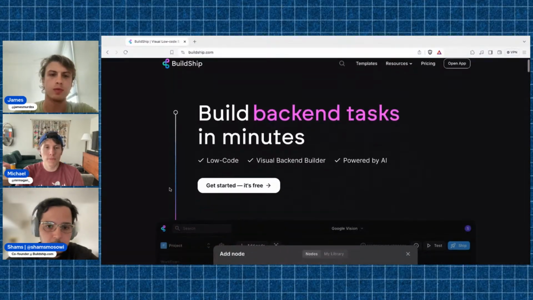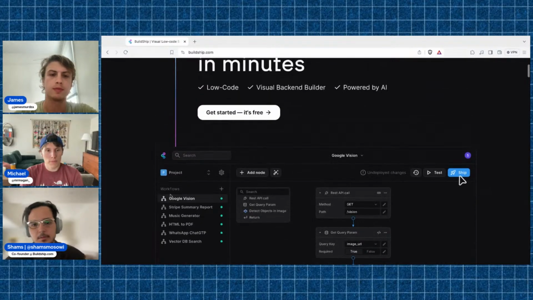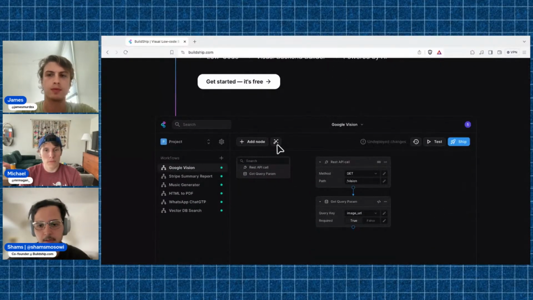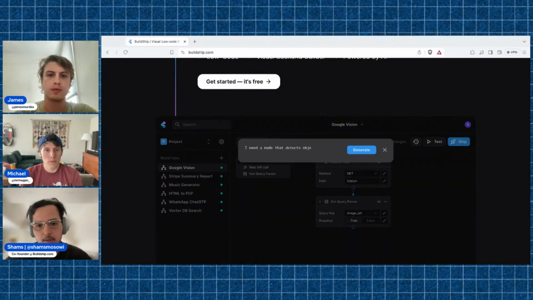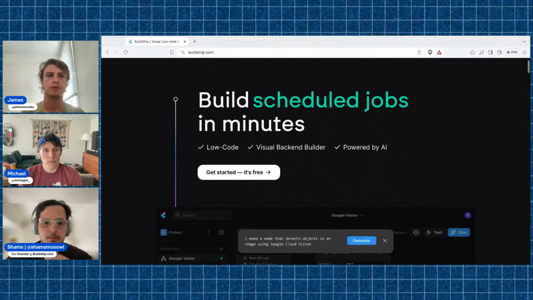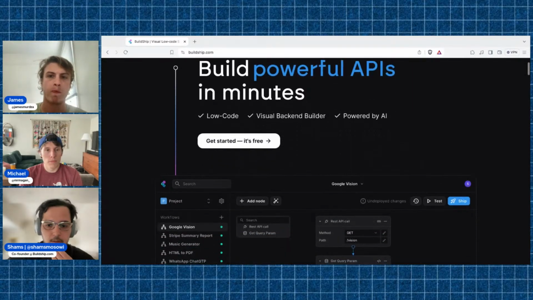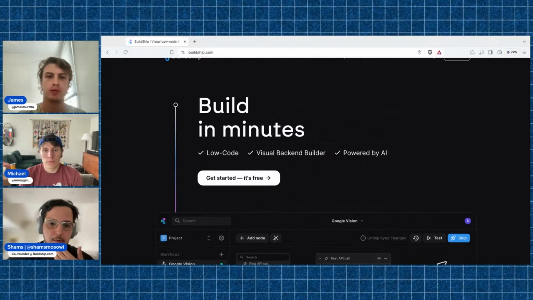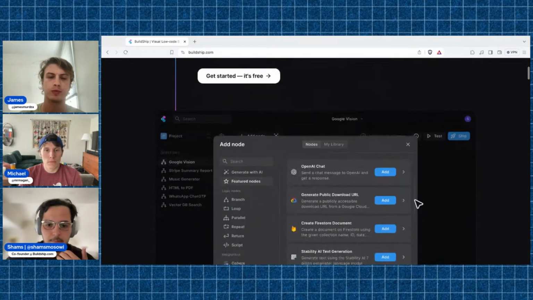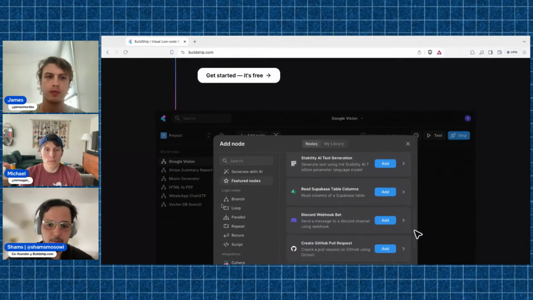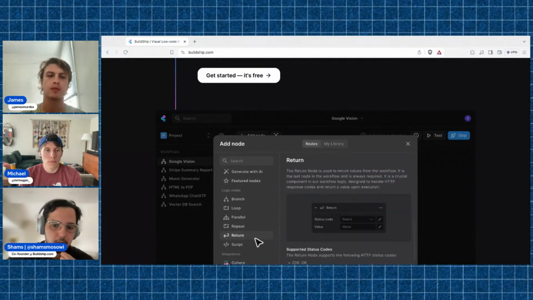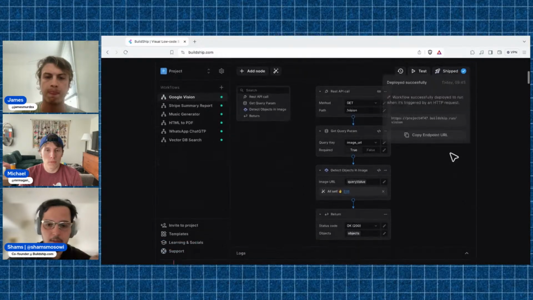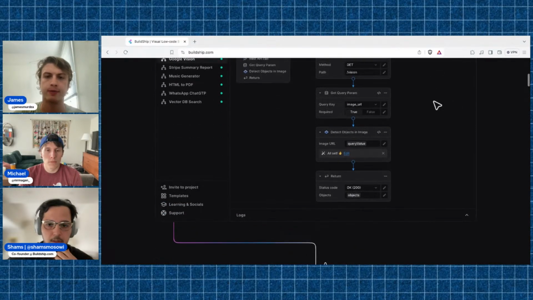We don't want to build your whole product, at least until now, but what we want to help you with is connecting different services and doing the non-special part of your product, like running a cron job that does something on your database every hour or every day, or connecting to OpenAI in a secure way on your back end rather than putting it on your front end directly, and connecting with different services as quickly as possible.